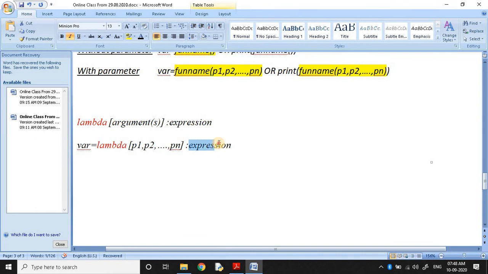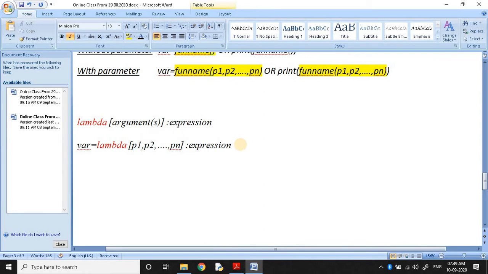This expression result is the return value of the lambda function, so a lambda function always returns a value from this expression. For example, P1 plus P2 or P1 into P2.